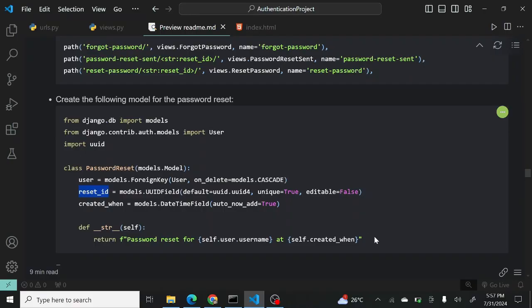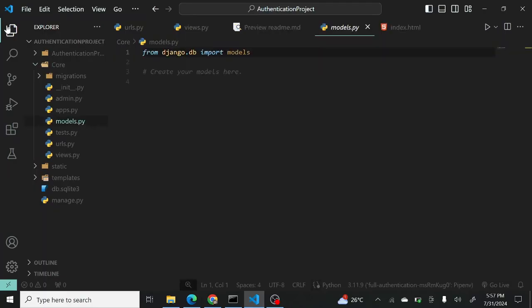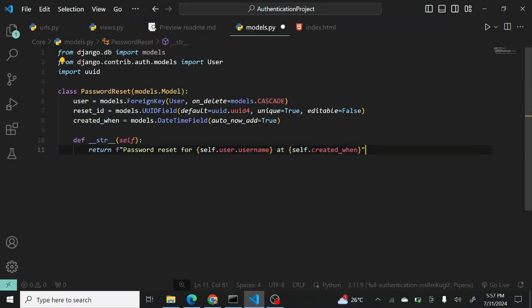So we are going to see how that will work. But I just want you to first of all create this model in your models.py file. Head to your models.py file inside your app folder and then just paste all of this or type it. So what we are simply doing is we are importing the Django user class